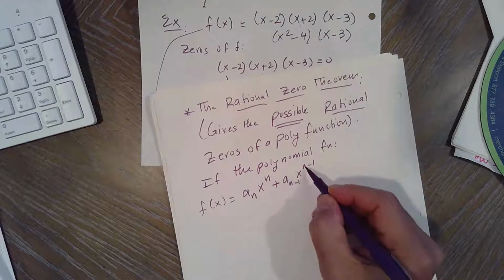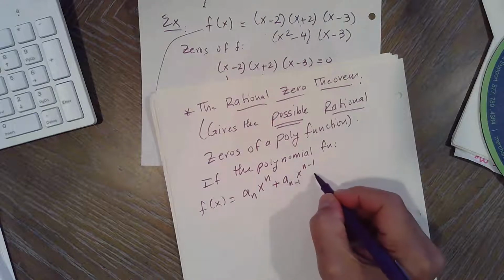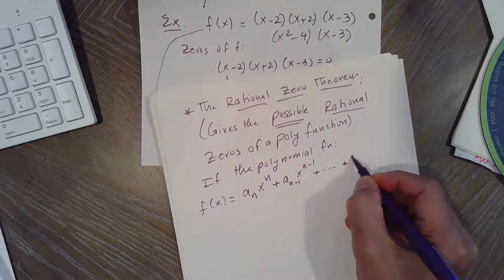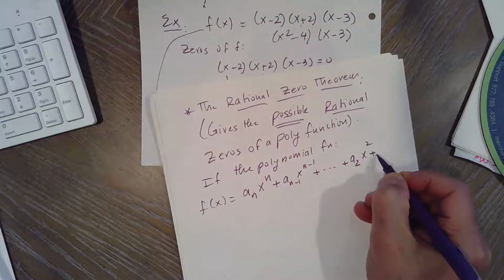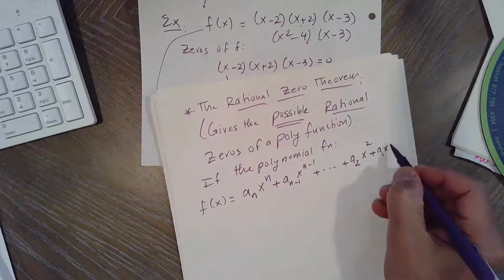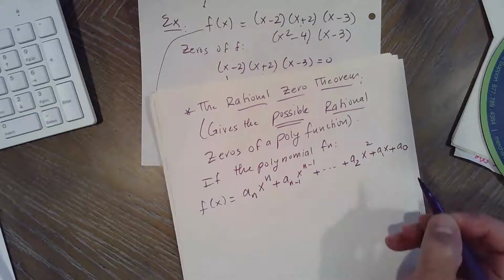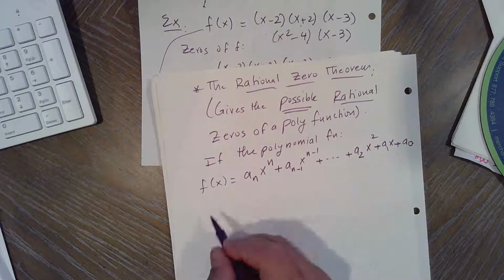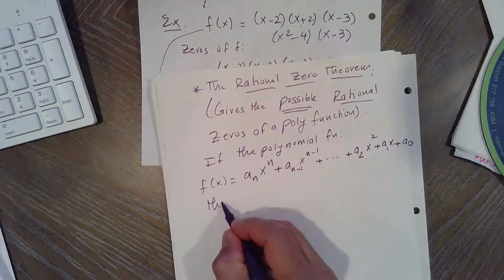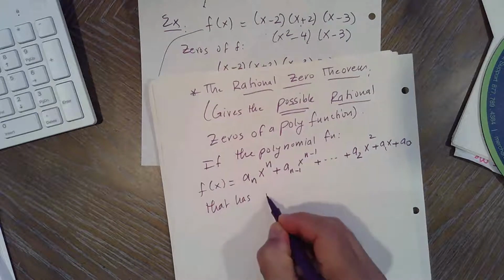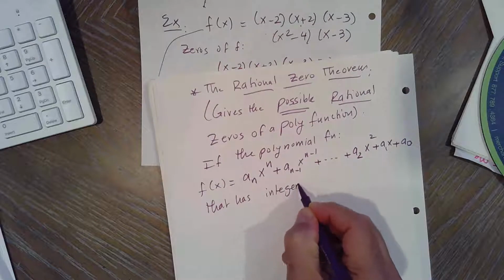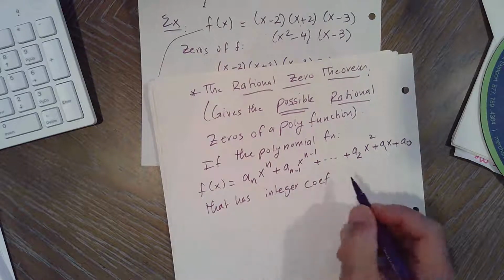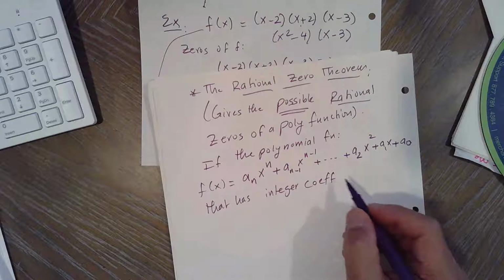So the degree is n, and we're going down one exponent at a time, all the way to a_2 x squared, a_1 x, which is the quadratic, then linear, then the constant. Okay, so if we have a polynomial function of degree n that has integer coefficients, so the a's are integers, okay, no fractions, no square roots,